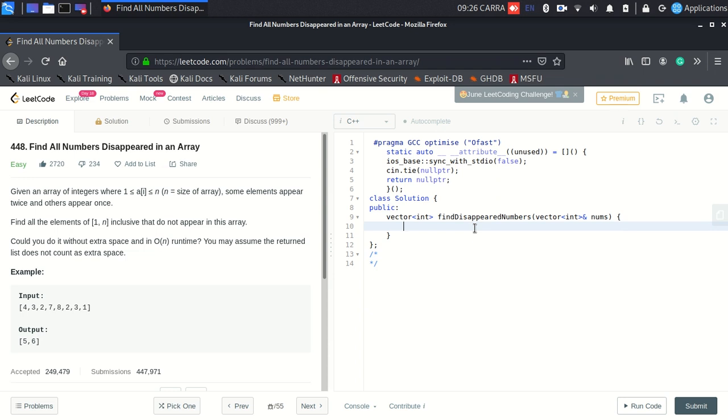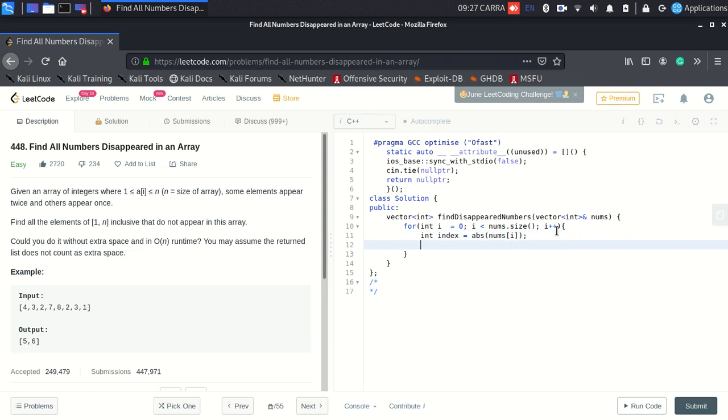What I'll do is traverse every element, for int i equals 0, i less than nums.size(), i plus plus. Now I'll have an int index. So index would basically be the absolute value of nums[i]. Why am I using the absolute value of nums[i]? Because after some point in the loop, nums[i] would become negative, since some of the elements would be marked. So index cannot be negative, so I'm taking the absolute value to avoid errors.